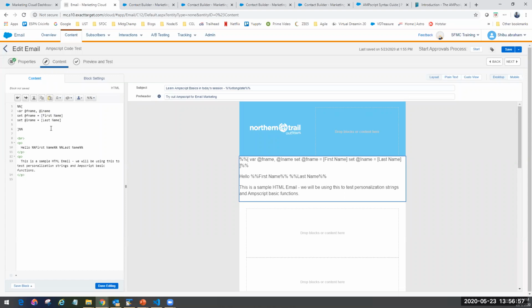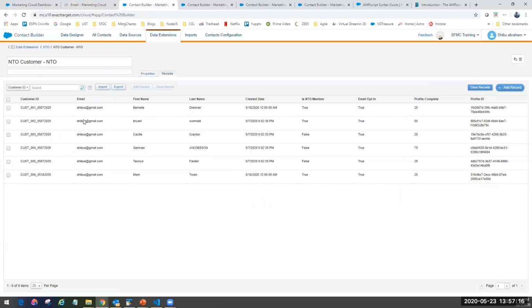No, hold on, let me correct you there. If you choose a data extension, it should be the one that you're going to send to. So first name will be from only the data extension on which we are going to send? Yeah. In this particular case, if I choose this as my data extension that I'm sending, then I can choose the fields from here. If I choose a field that is not in here, then it will give me an error.